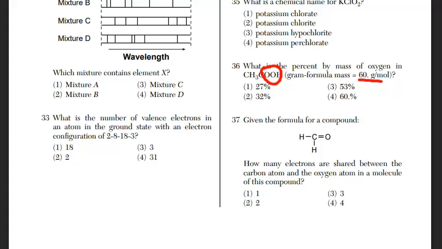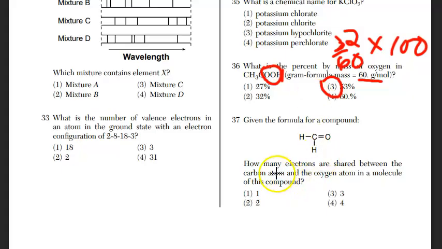And I would also recommend you write down numbers and things because it's so easy to make a mistake. You have 2 times 16 for your oxygen, which means you're going to have 32 divided by 60 times 100. And yes, to make absolutely sure you're doing it correctly, use your calculator. Your answer is 53%. For 37, given the formula for a compound, we're asked how many electrons are shared between